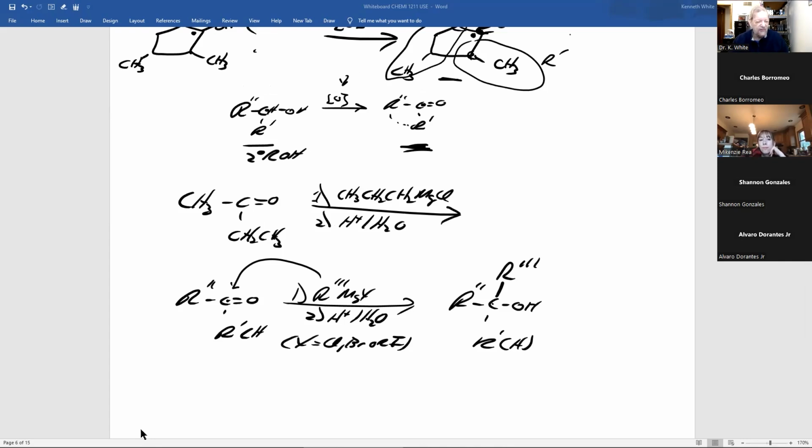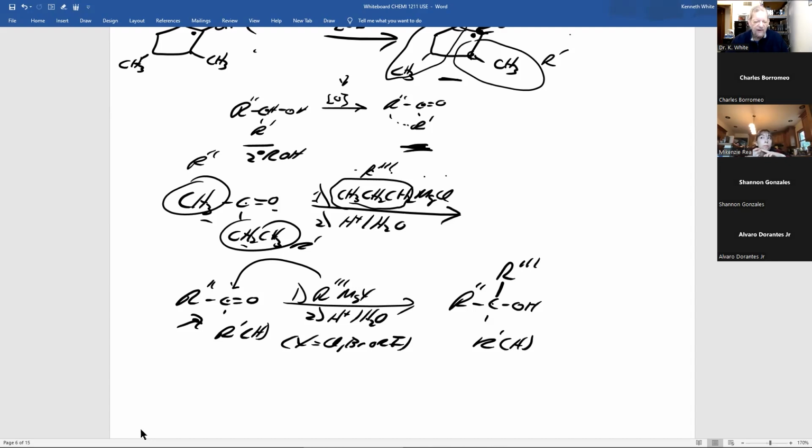All right, let's take a look at this. What's the product or products that are following? What's different here? Oxygen, double bond to carbon, carbonyl. Carbon's here and here. It's a ketone, where R prime is carbon, it's not hydrogen. What's different here? Carbon, carbon, carbon. Oh, magnesium halide. This is a Grignard. And this is my R triple prime. I can call one of these R prime, one of these R double prime.